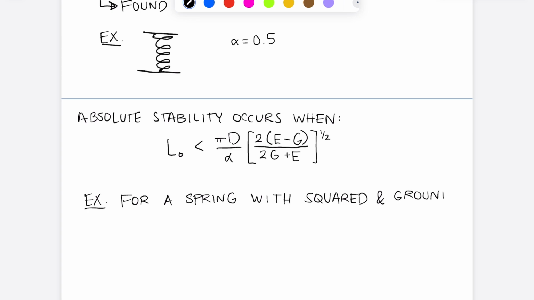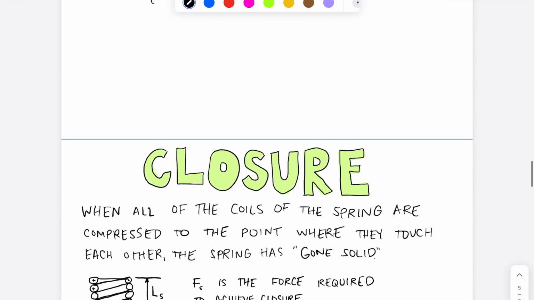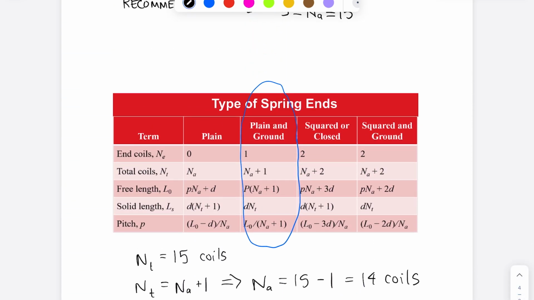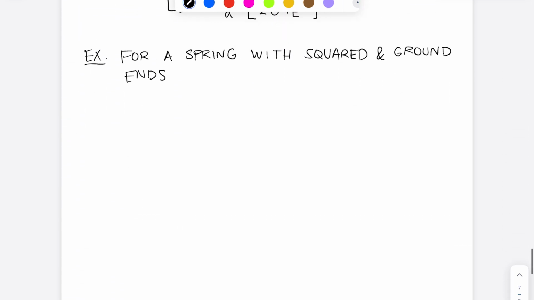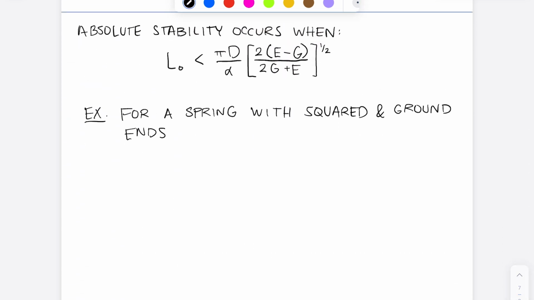So when you see this squared and ground ends phrase, you should already start thinking of that table 10-1 that we showed up here, right? This is gonna be your friend for finding all different parameters that we might need. Okay, so for a spring with squared and ground ends, supported between flat parallel surfaces,